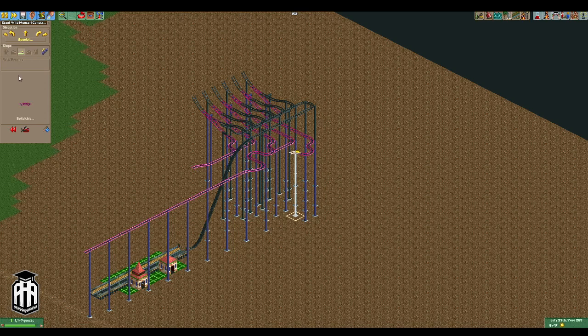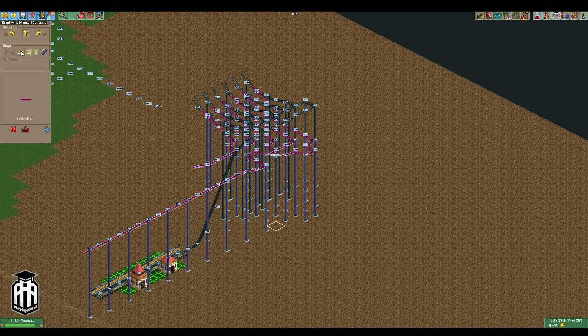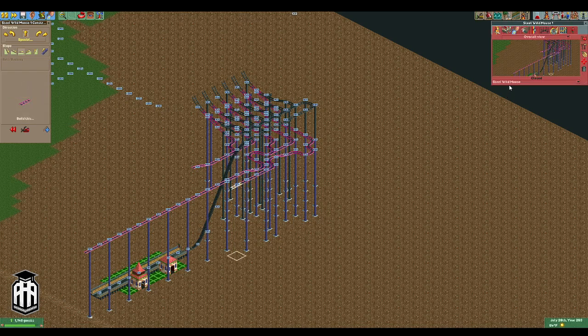Turn left. We're going to slope up. We're going to go flat. We're going to go left. We're going to go right. We're going to go straight 3 pieces. 1, 2, 3. And now what we're going to do actually is take this whole thing and we're going to